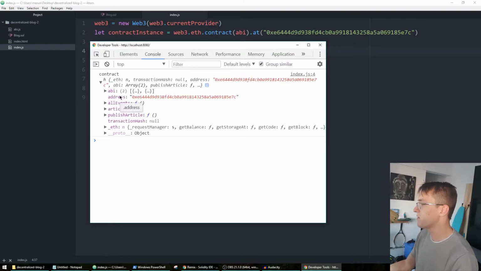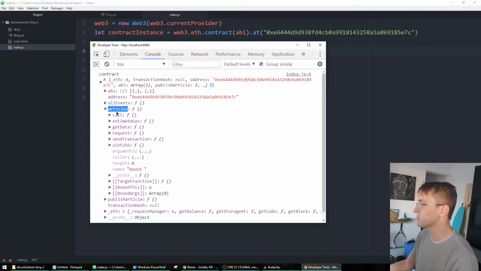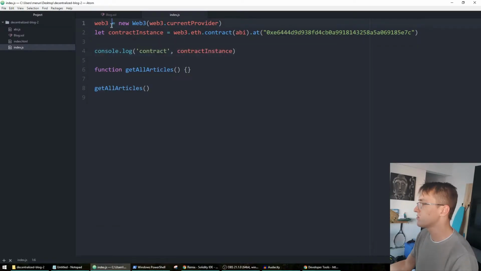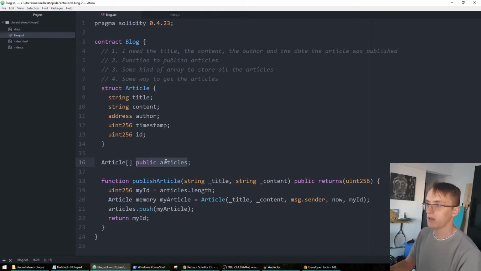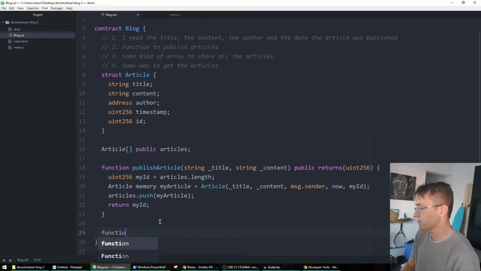You have the ABI, the address, and the functions. Articles, this is a function, and publish article. Article is a function because if you go to your code, it's a public variable. Like I said before, public variables have a get method created. This is the same as saying this function get article